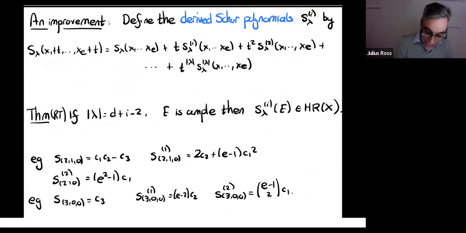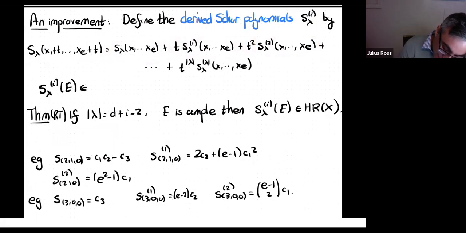so the I being some sort of derivative. If I think of this as a symmetric polynomial in E variables, and you replace each of the variables by adding a dummy variable t, of course you get an expansion. When t is 0, you get the usual Schur polynomial. There's then some coefficient in front of t, some coefficient in front of t squared, etc. And I use those to define these polynomials that are going to be of lower degree, right? So in terms of a vector bundle, S lambda of I of E